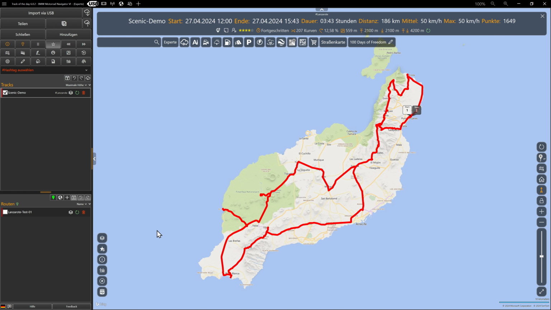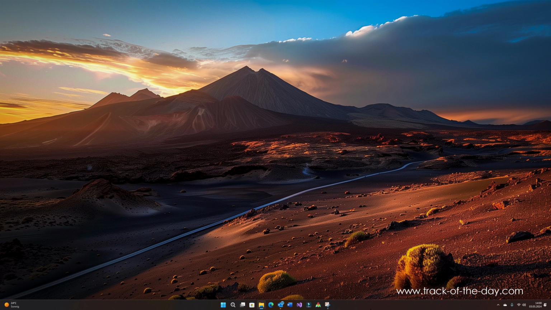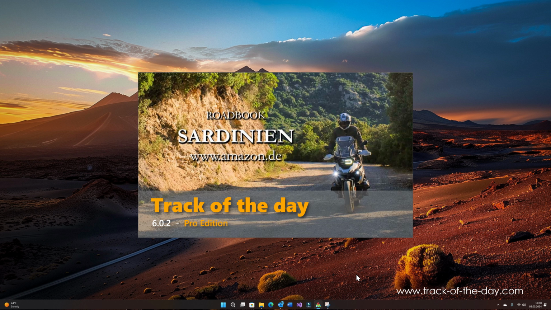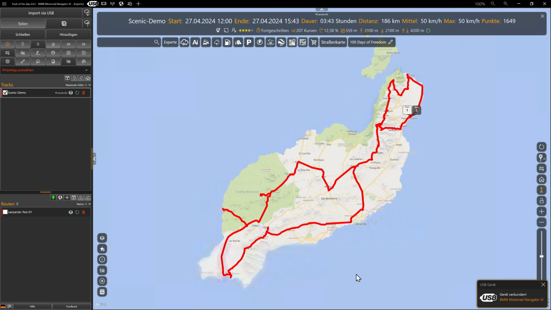The cache is different from a well-stocked database, like a big barrel that you can just throw anything into. When exiting, all tracks, routes and POIs are automatically exported to the cache and re-imported at the next start.